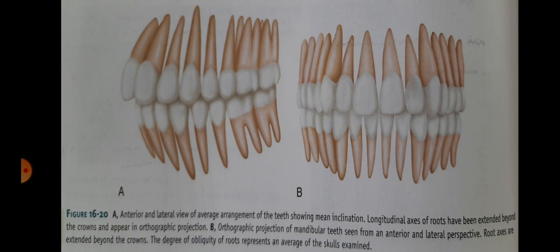Each of the exceptions named has one antagonist only in the opposing jaw. For example, the mandibular central incisor with the maxillary central incisor, and the maxillary third molar with the mandibular third molar. Right? Because each tooth has two antagonists, the loss of one still leaves one antagonist remaining,